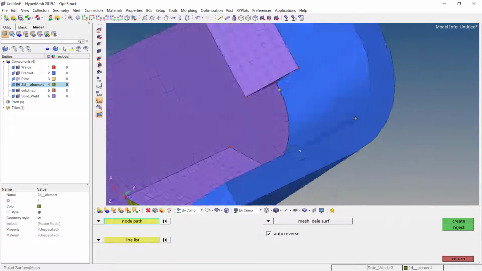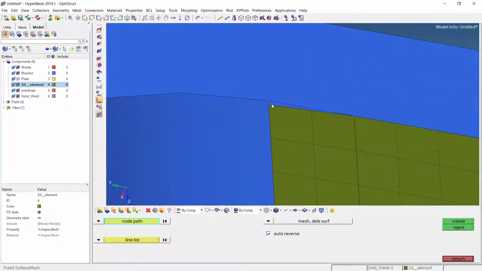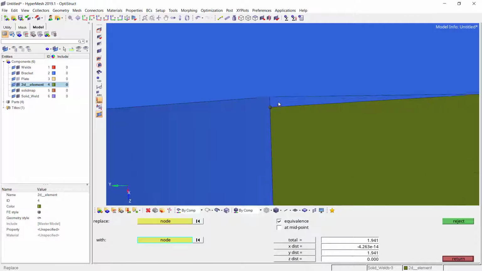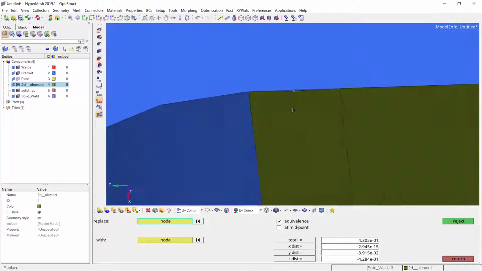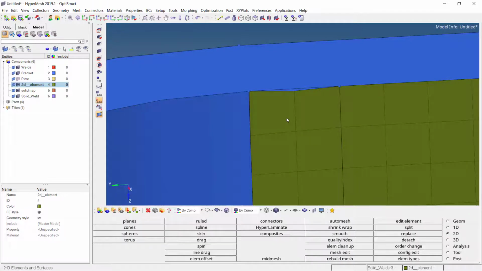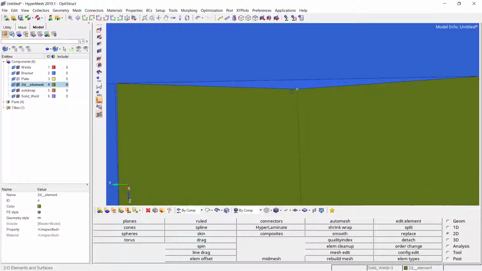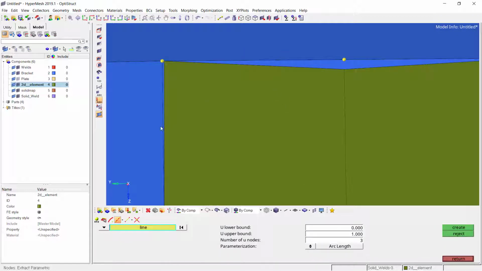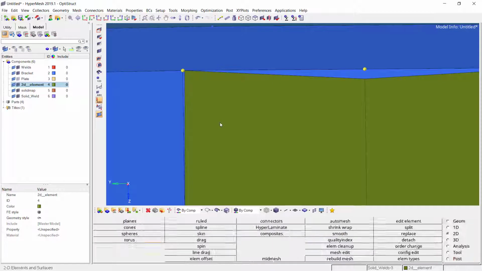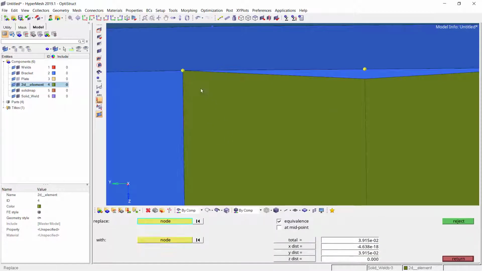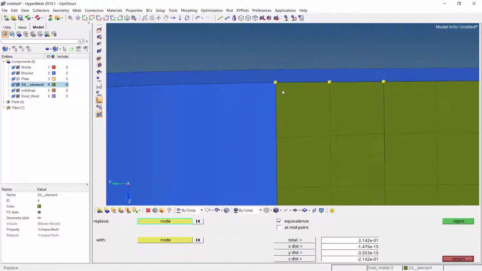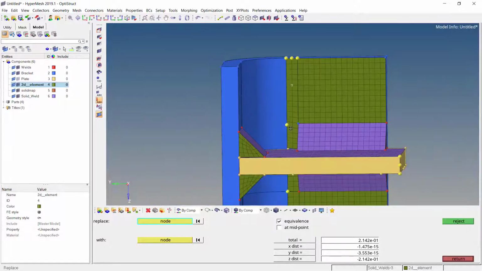Again switch on the surface and try to observe how the elements are being placed. Here probably I can just replace the node. Go for F3, select this node, select this line and this node. Again we can go for project node because I think this node has been shifted away from the geometry. Or you can do one thing as well. Go for F8, select this one and this one. So actually there are multiple ways through which you can get a better mesh. Perfect. Now the mesh is looking very good.